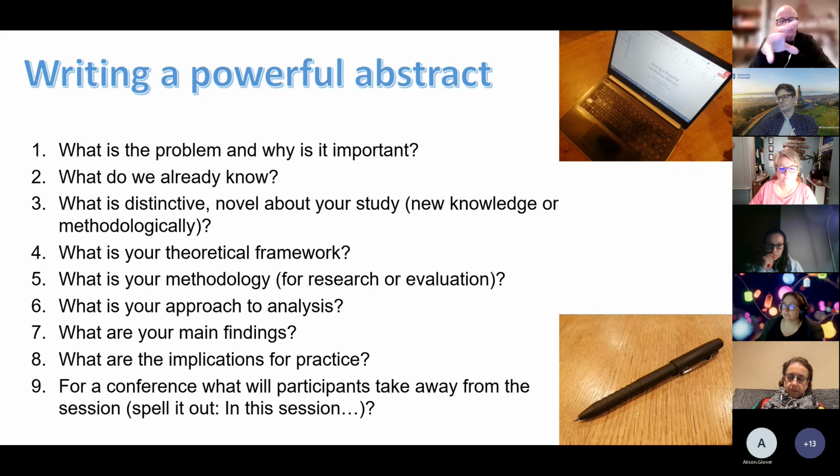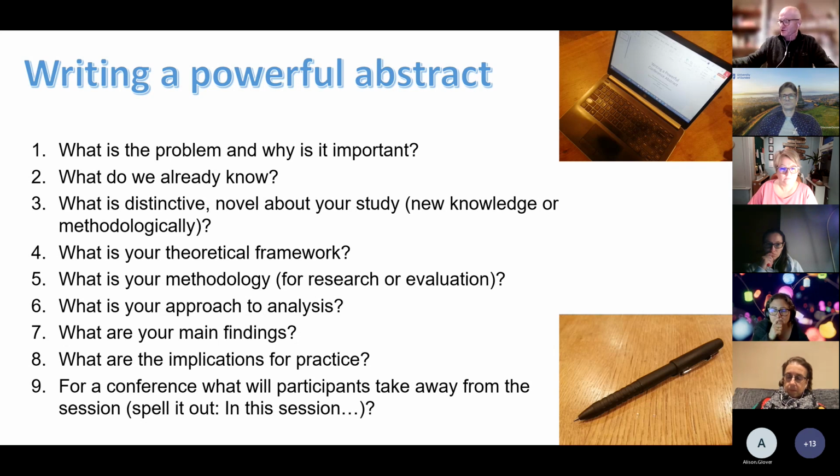If you can see that there's room there for some differences between a research proposal and a critical evaluation of practice proposal. So different numbers might be more emphasised in one or the other. But if you are doing an evaluation of practice, I do think 5 and 6 are relevant. You need to explain how you gathered data and analysed it in order to evaluate the practice and know that it was effective or not effective. So I do encourage you to be clear about that.